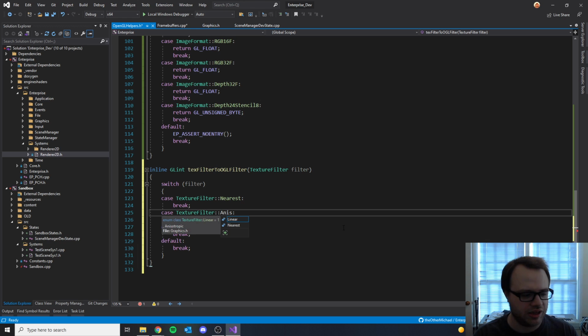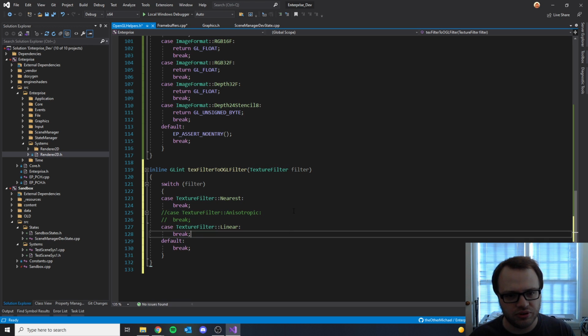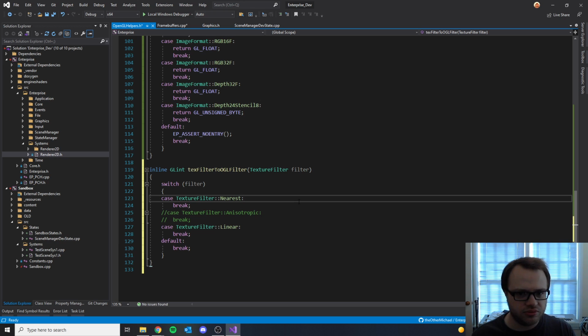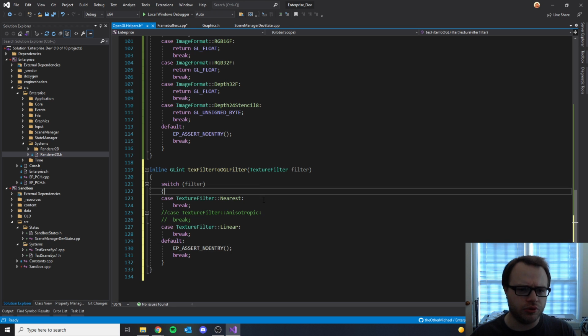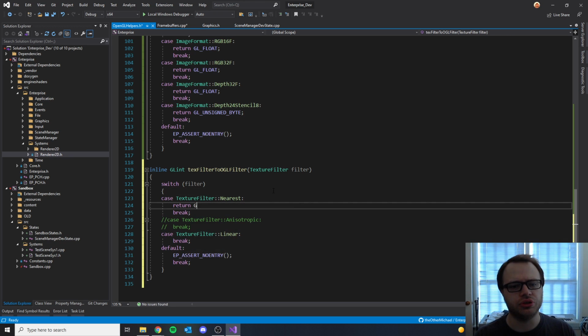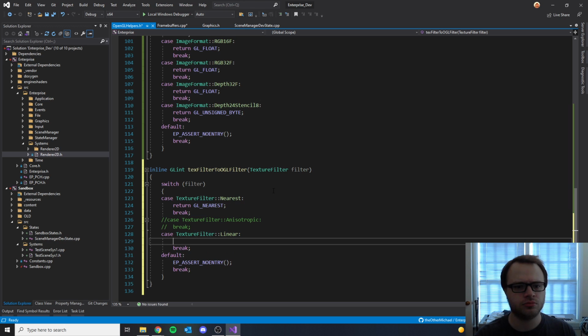Right now, whenever I do one of these, I am actually getting the code ready for anisotropic filtering, even though I haven't got the GL extension going yet that adds anisotropic filtering. I'm just prepping the way for it. But for the rest of these, we'll do return GL nearest